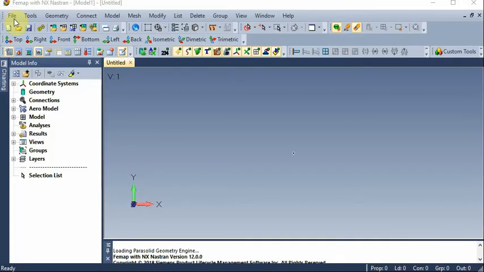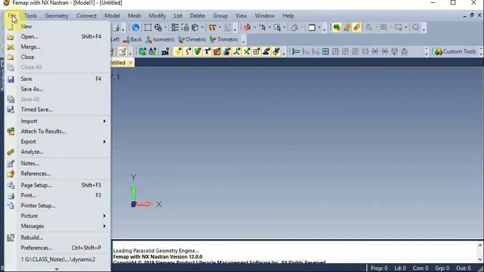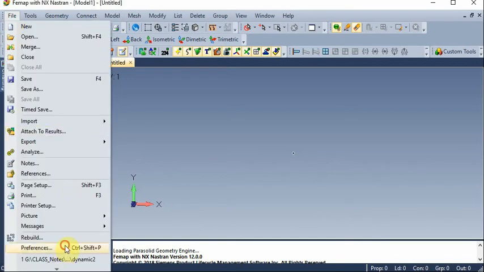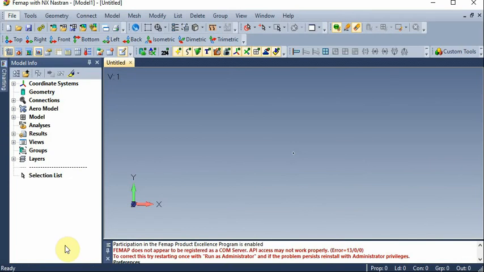Okay. File, preference, geometry model, preference.